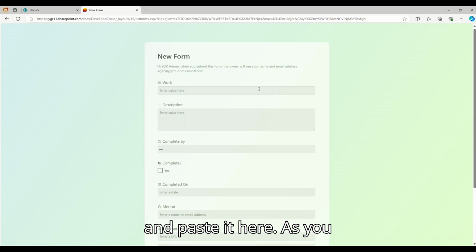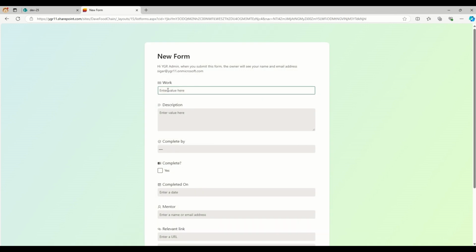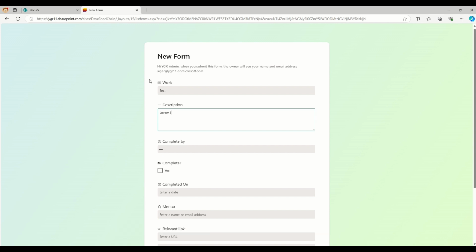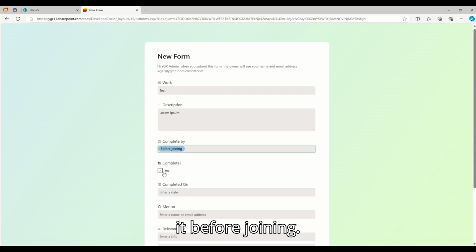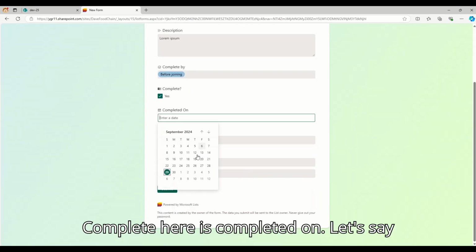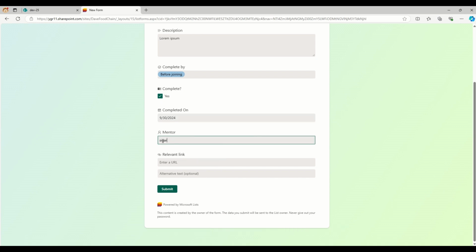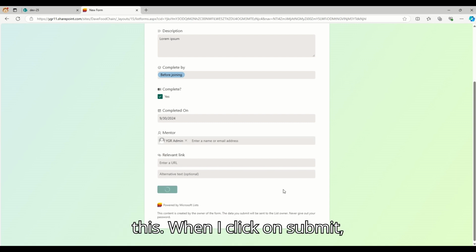and paste it here. As you can see, we are in that new form and let me add the form values. Let's say this is lorem ipsum. Whatever we want to add, we can do it. Before joining, complete: yes, completed on, let's say, tomorrow. Is mentor is, oops, I need to give a name as mentor, YGR admin, if I want to add this. When I click on submit,